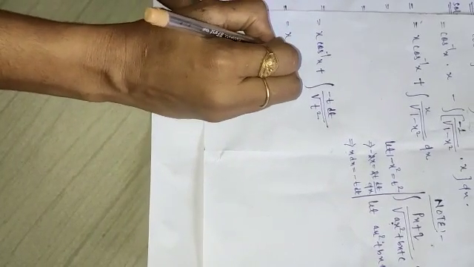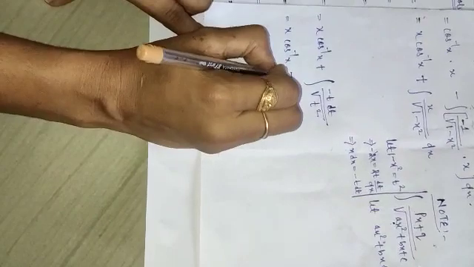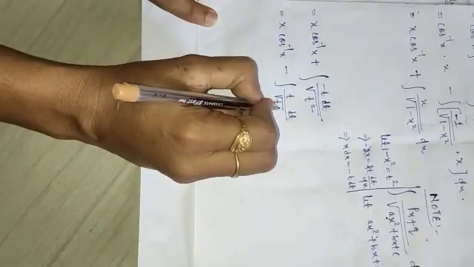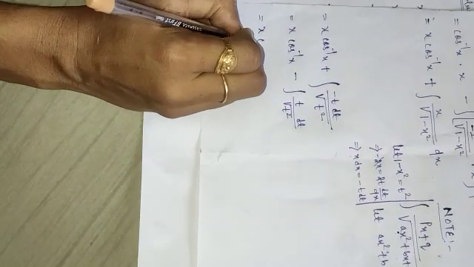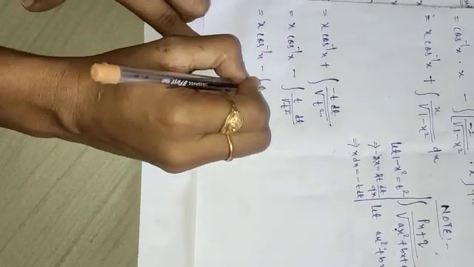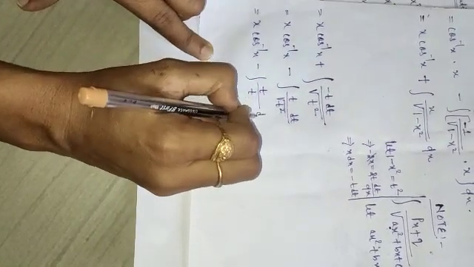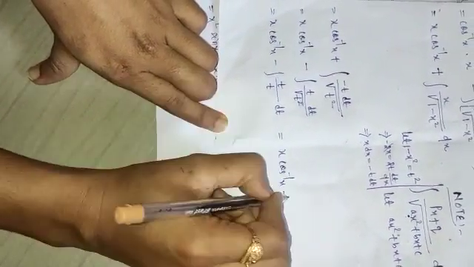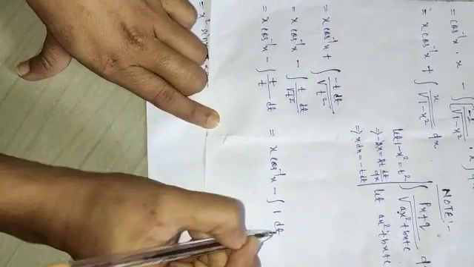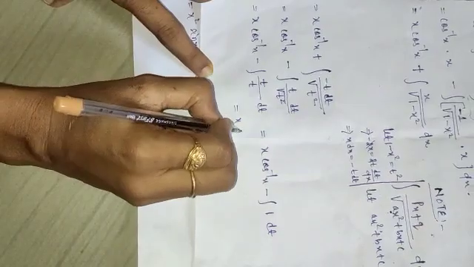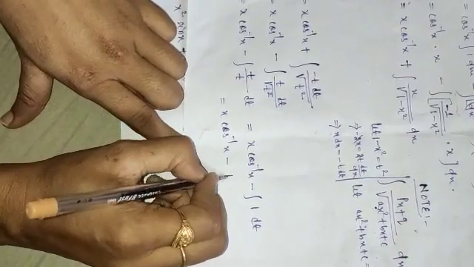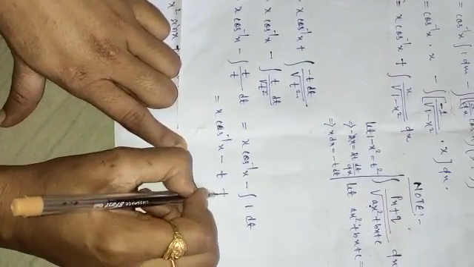This is equal to x cos inverse x. Take the minus symbol to the outside. So this is the integration of t dt divided by the square root of t square. So this is x cos inverse x minus the integration of t, since the square root of t square is t, dt. Again this is equal to x cos inverse x minus, t cancels out, so the integration of 1 dt only. So this is equal to x cos inverse x minus the integration of 1 dt, which is t, as the integration is with respect to t. As the integration is completely done, put plus c here.